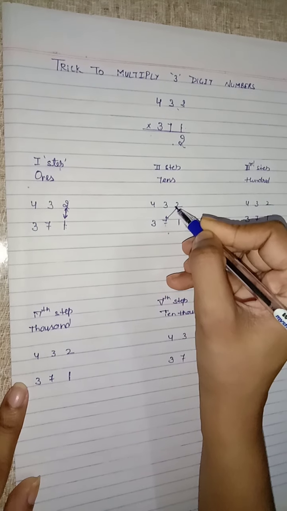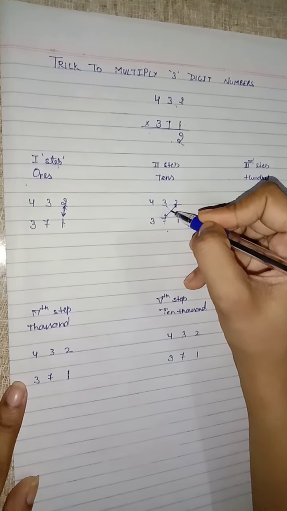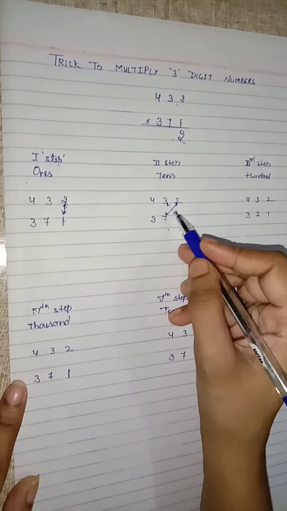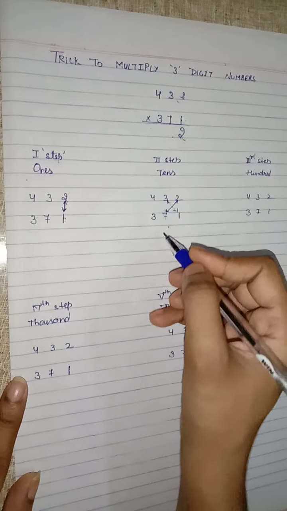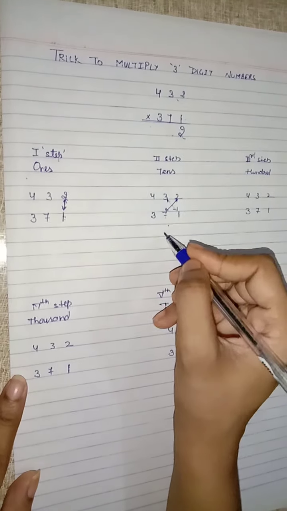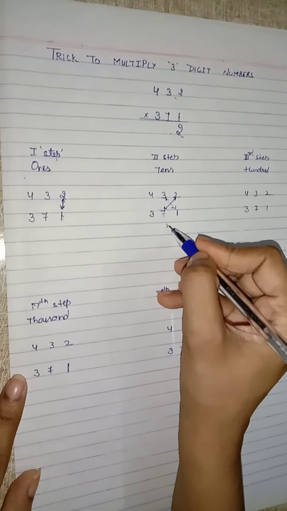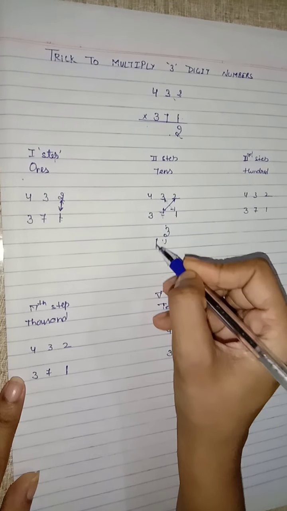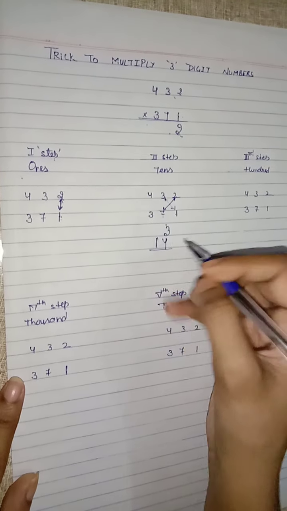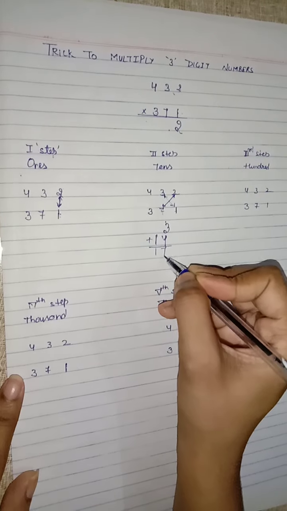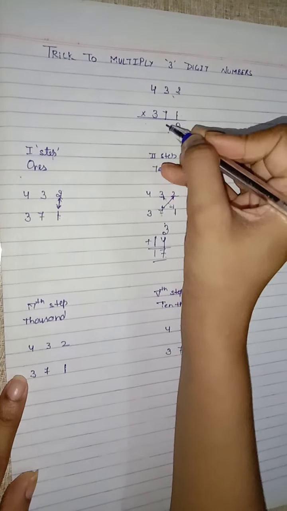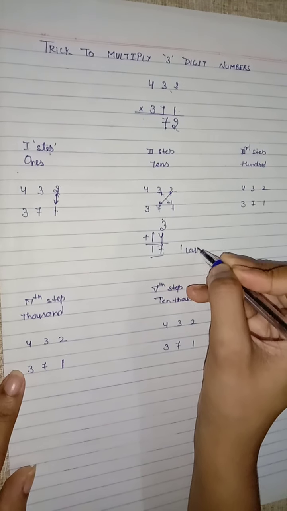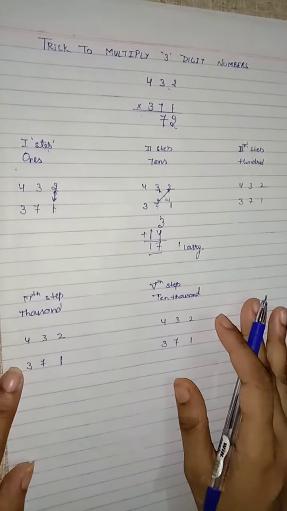Now in the second step we will multiply the ones digit to the tens digit and then this ones digit to the tens digit. We will cross multiply these two digits and how we will write, please look. 3 ones are 3, 7 twos are 14. We will add these two numbers and it will become 17. We write only 7 from the 17 and here 1 is carry over.